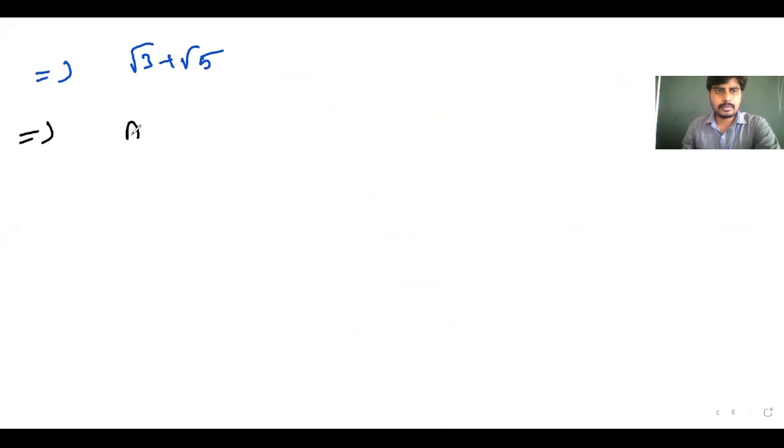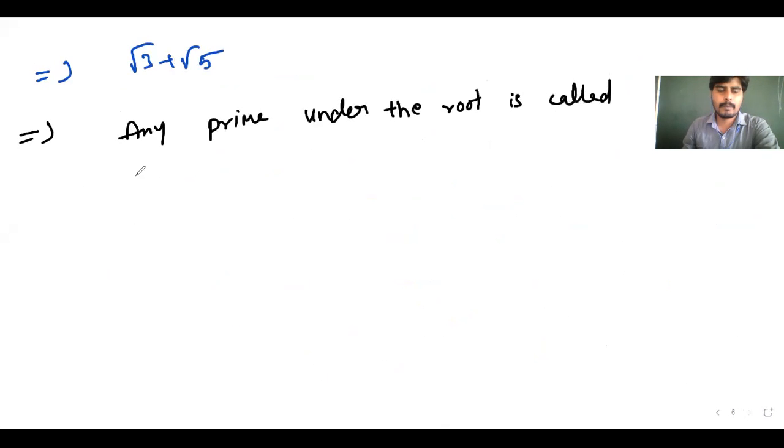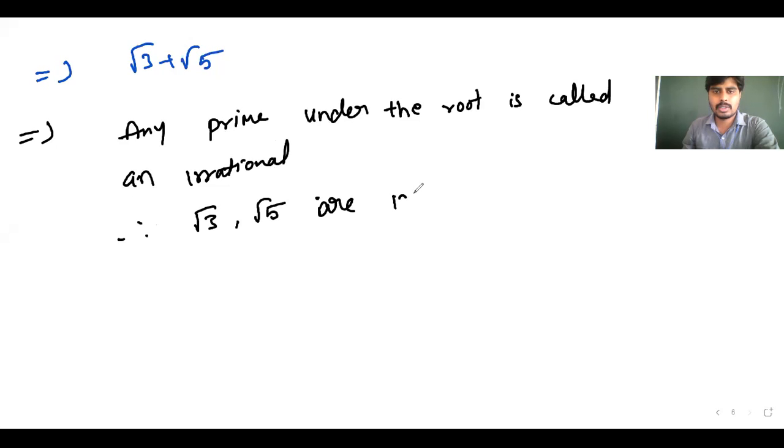Any prime under the root is called an irrational. So therefore root 3, root 5 are irrationals